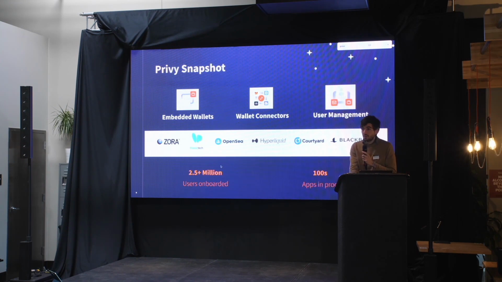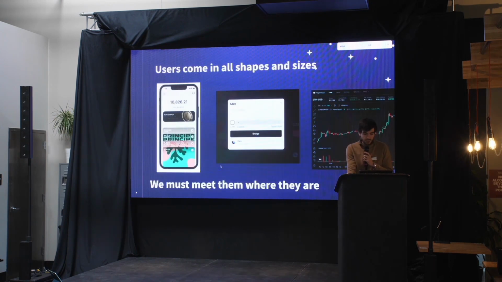And so accordingly, a lot of our work is about abstracting away complexity on behalf of users. And here I'll just kind of show it. Users come in all shapes and sizes, and we think it's really important to meet them where they are. So there are 3 screens here. One is from a fantastic app called Blackbird, which is building a restaurant loyalty program. Whenever you check into a restaurant, you can tap your phone against a puck, and you can basically earn rewards in the form of Fly and an NFT showing that you've been here. The second is from Zora, which makes minting assets insanely easy and helps creators basically get their art on chain and their creations on chain.